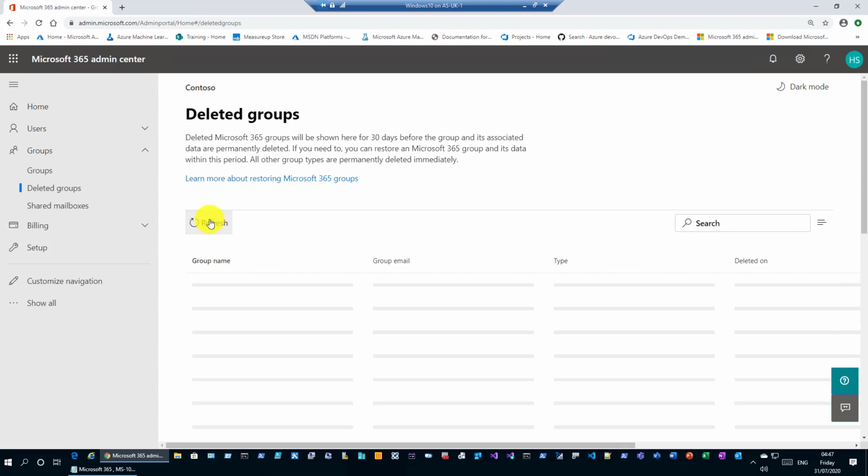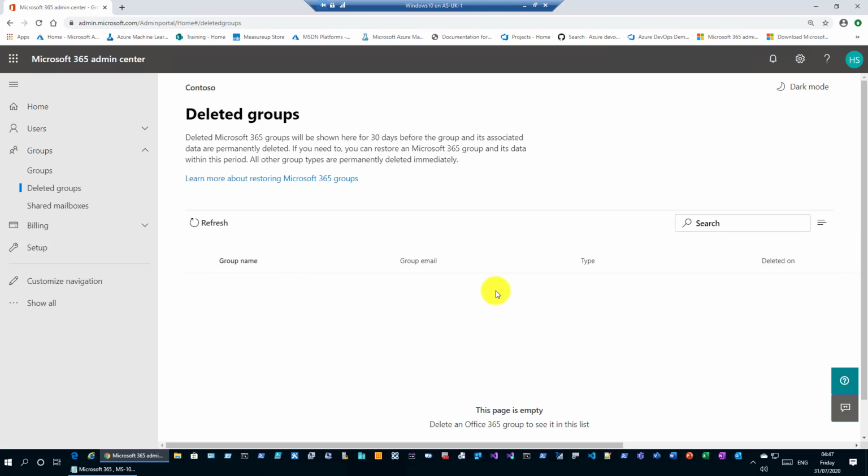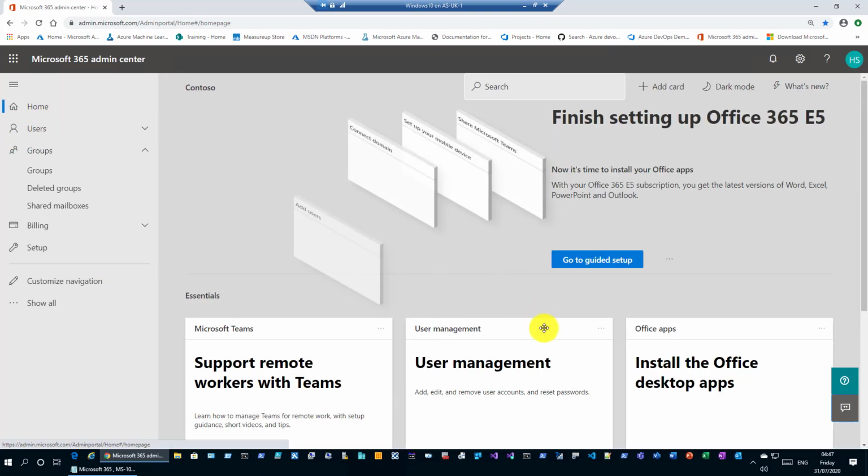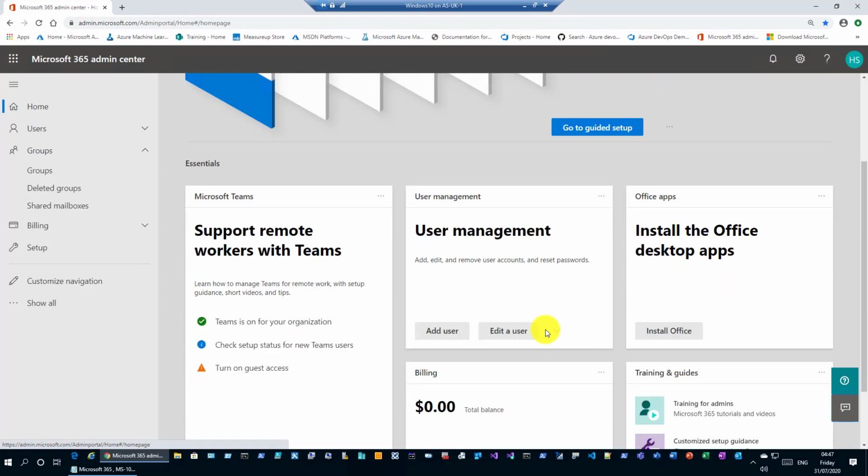If we wait a little bit here, you're gonna find the deleted group, and the deleted group will be here for 30 days, as we can see here, and you have the option to restore a group in case you need it again. And that was a demo about creating a group, adding members to the group,